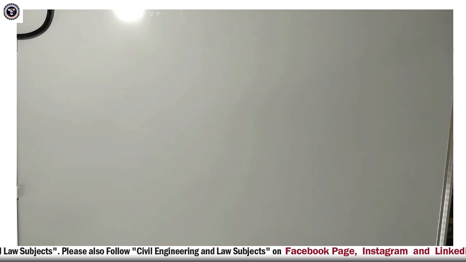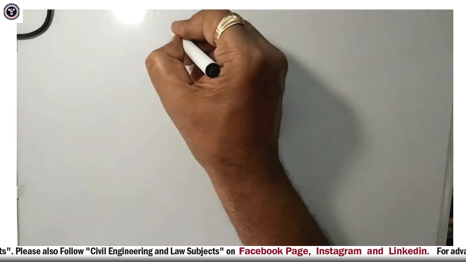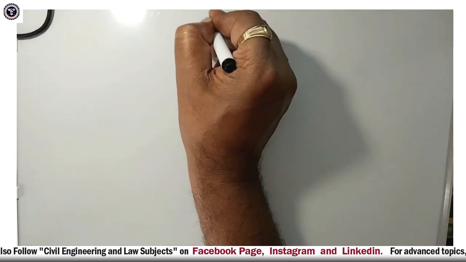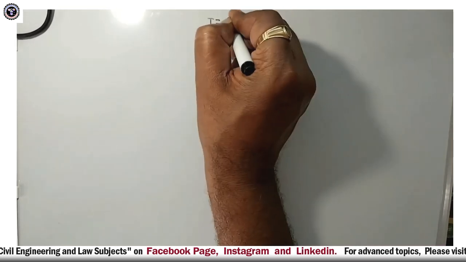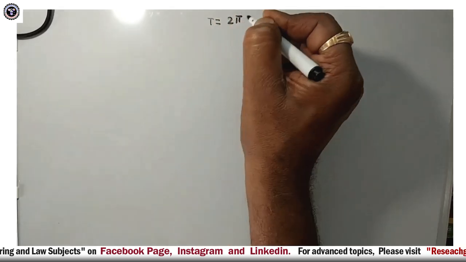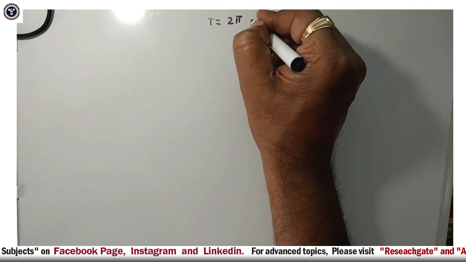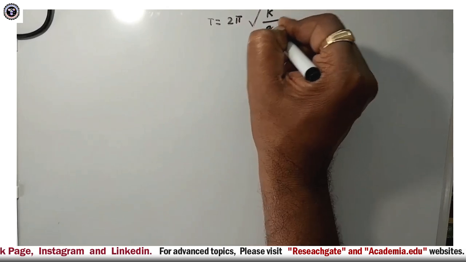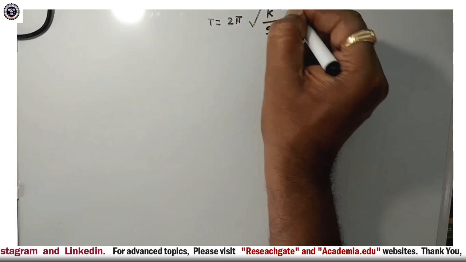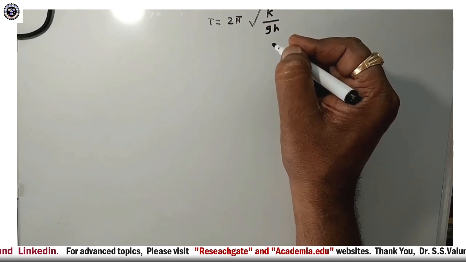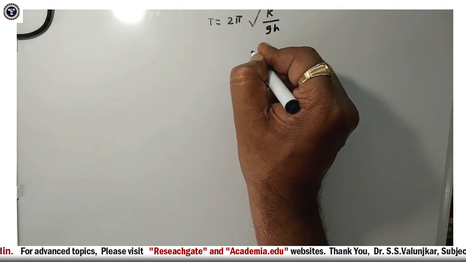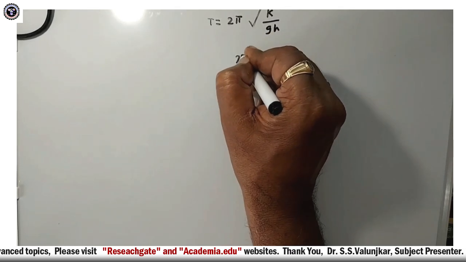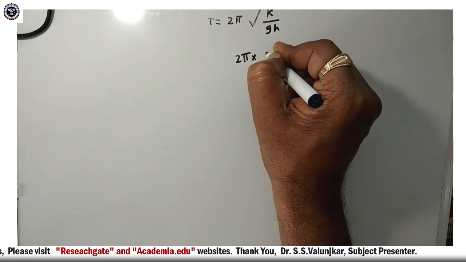So T is equal to 2 pi into under root k square upon gh. K is 10 meter, so 2 pi into 10 square